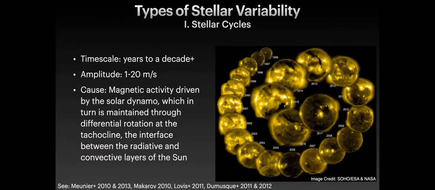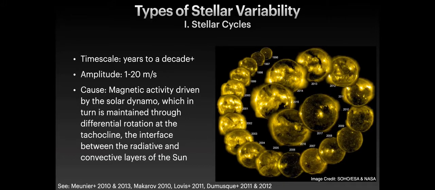So as Heather and Annalise have mentioned in their earlier talks, there are numerous types of stellar variability. For more detail, you should go and check out their presentations, as I'll provide only a quick overview here. But starting at the long period side of things, we have magnetic activity cycles that are driven by stellar dynamos. These cycles often last many years. For example, the sun's cycle is roughly 11 years,